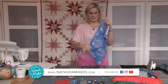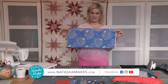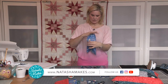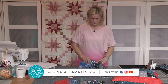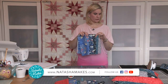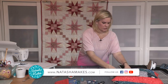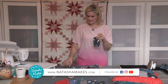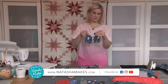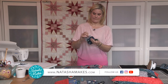So each one of these, now that's going to do some bunting, isn't it? Yes, it will. So I've got all of those to go as well. I just don't have the orange one because I did some extra sashing in the orange. But I've also got scraps as well. So I've got little offcuts again. You can do all sorts of things with these. Look, all of these, I've got offcuts,